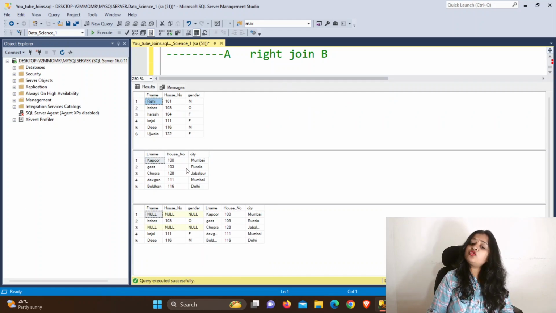Now what does right join do? Whatever data is present in the right side table, the whole data will be given in your output, and whatever the matching data is between the left side table and right side table will also be present inside your output. This is the actual work of right join.